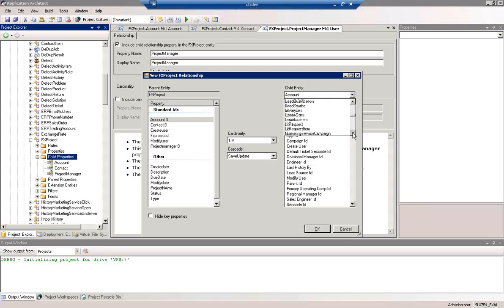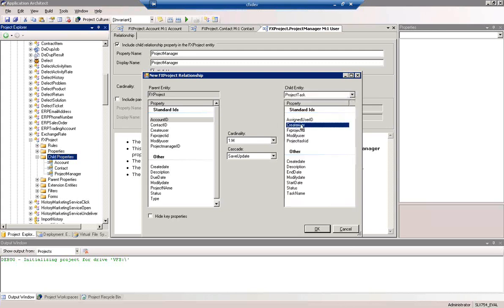So under the child entity, I'm going to find project task. Whoops. So go ahead and select that, and we have an FX project ID in here, and we have an FX project ID here as well. In this case, I'm going to leave the cardinality as one-to-many,